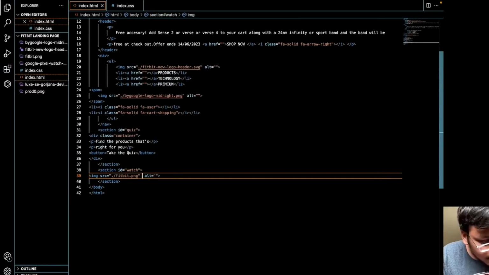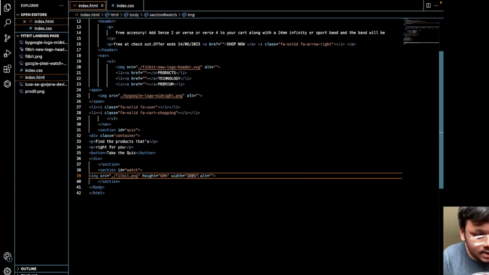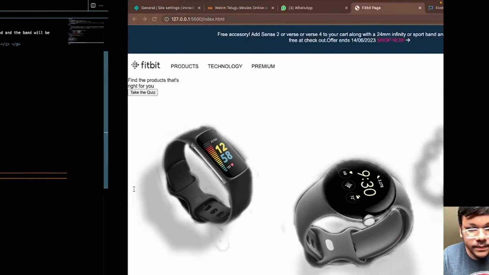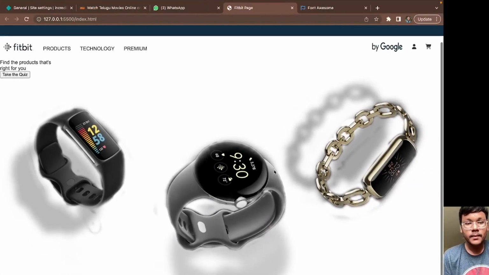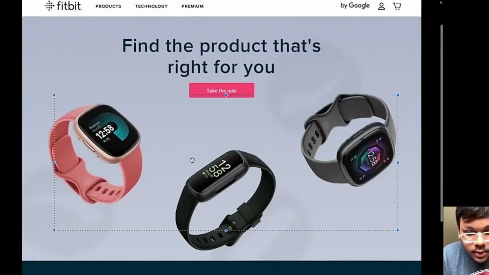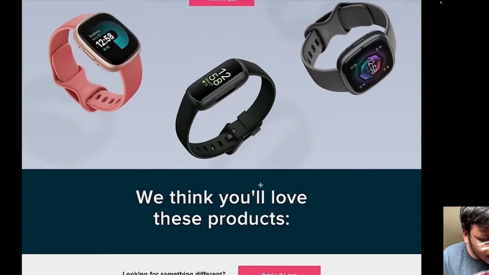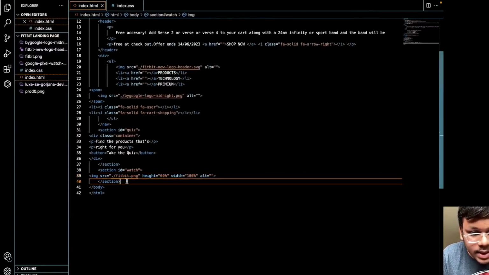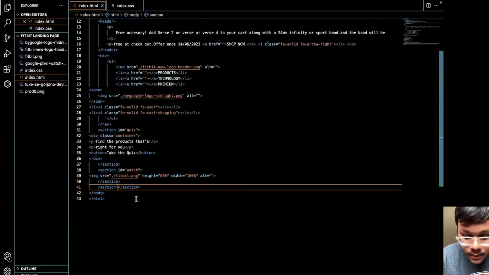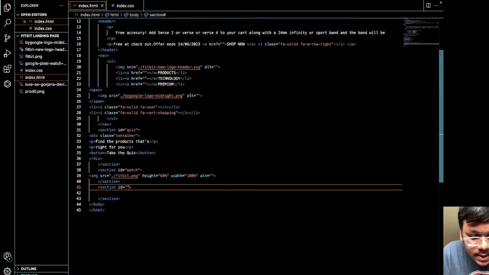I'm styling here only. Height of the image be 60% and width to 100%, so that it will adjust in all screens. Okay, we have done the job successfully. Now we need to add one more text and some footer, so I'm creating one more section here and naming this section as features,